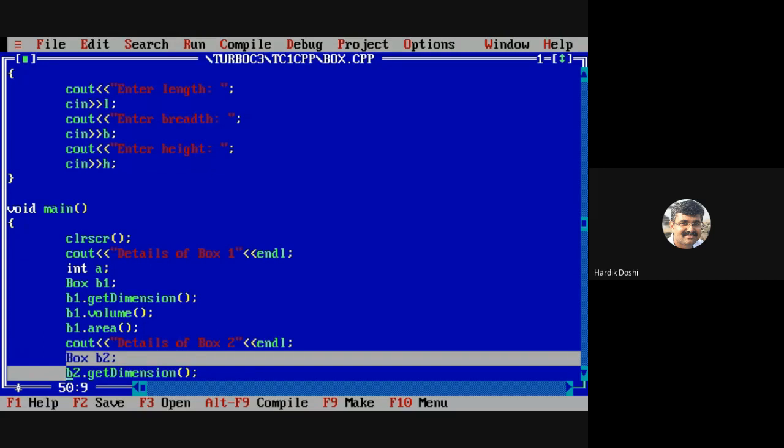My question is, will it allocate separate memory than B1 or the same memory what you allocated for B1? Space will be allocated separately or the same? Separate allocation of memory will take place for the B1 object as well as the B2 object. Is it fine, everyone? Separate memory is allocated for B2. It will not share the memory with B1.